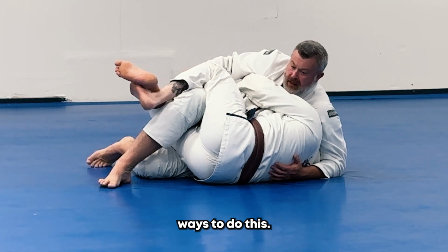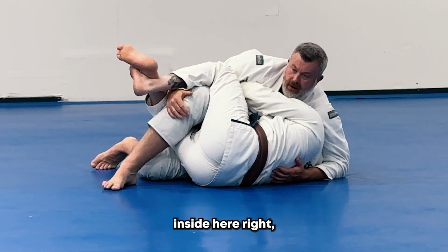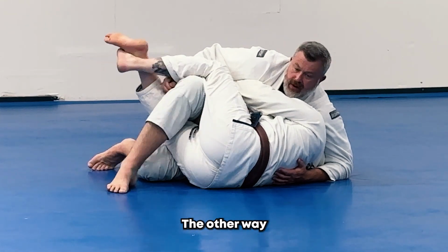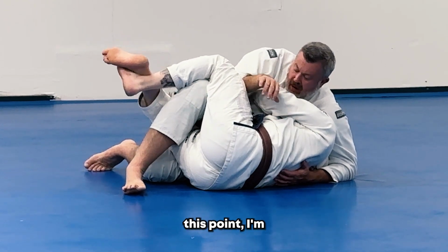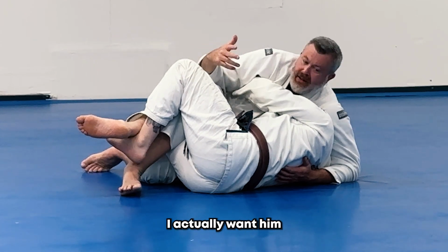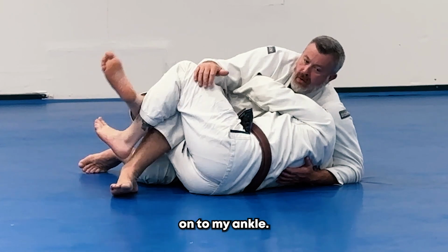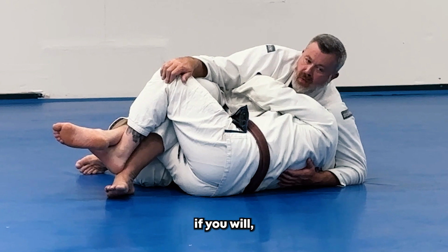There's two ways to do this. One is put my hand inside here, and then just wedge it out right here. The other way is walk heel toe, heel toe, heel toe, frame inside. Now, at this point, I'm gonna slide my knee through and I just need my knee. I actually want him to hold on to my ankle. I want him to hang on to this for dear life, if you will, as I